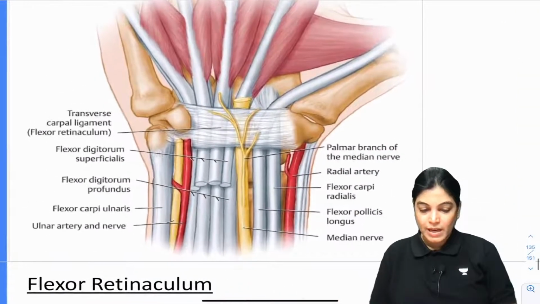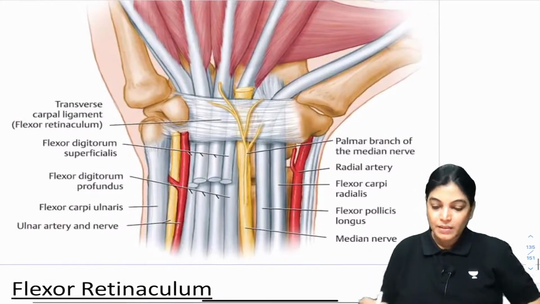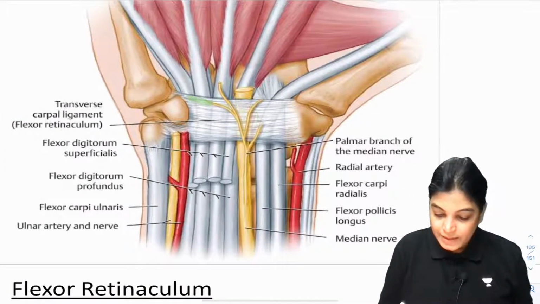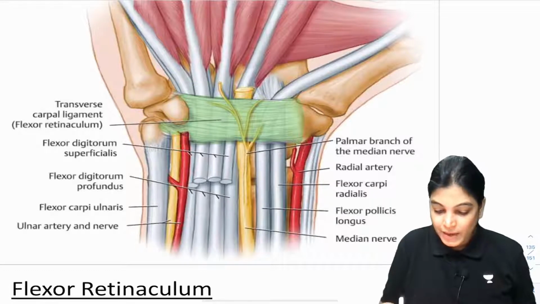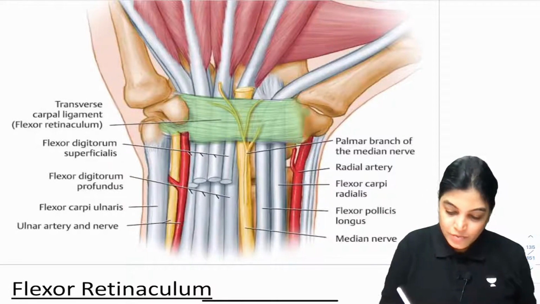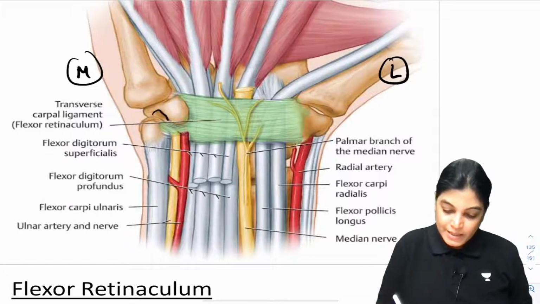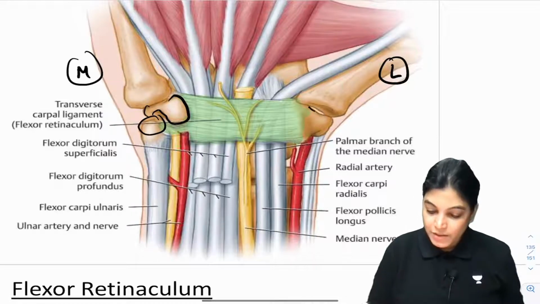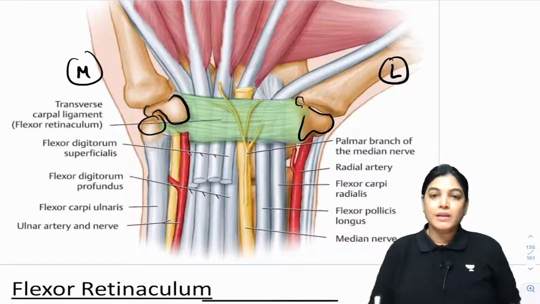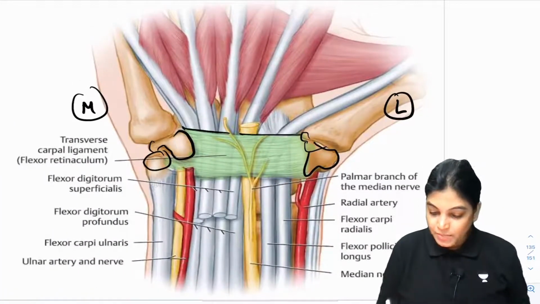Okay, now my dear aspirants, there is another diagram also where you can appreciate this. So let me just enlarge this diagram. Yes, if I am enlarging it, you can clearly see the Flexor Retinaculum. What I told you, it is attached on the medial and lateral carpal bones. On the medial side, this side is M for medial, this side is L for lateral. Medially it is attached to the hook of hamate and the pisiform carpal bone. Laterally it is attached to the scaphoid and trapezium carpal bones, and this whole band which you are seeing is the